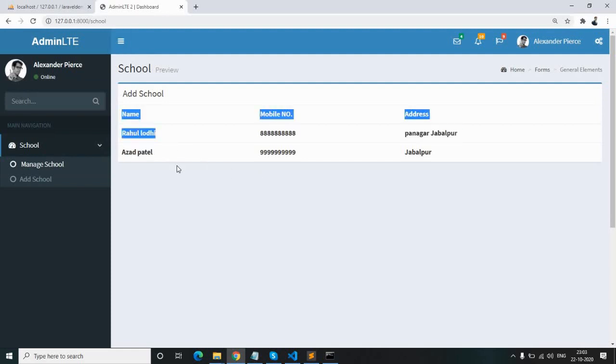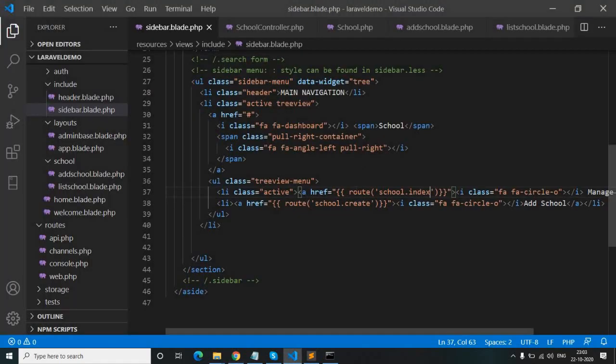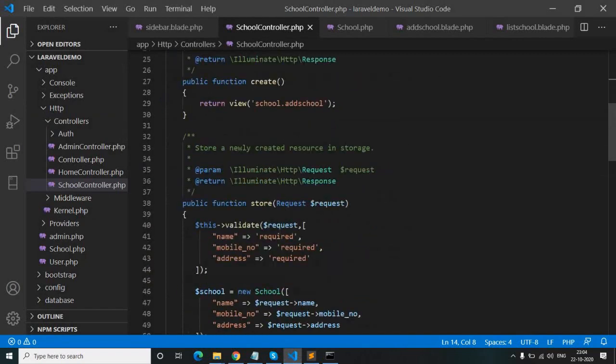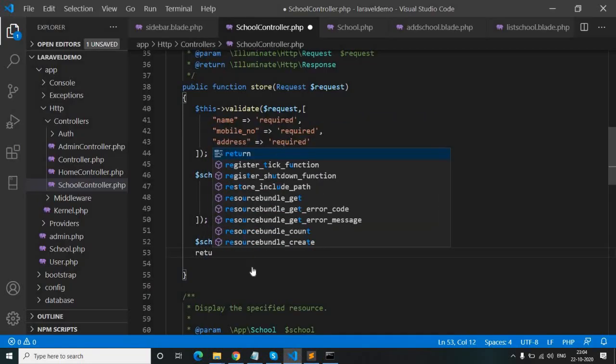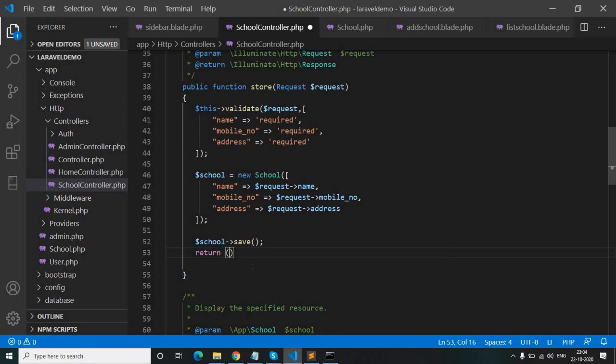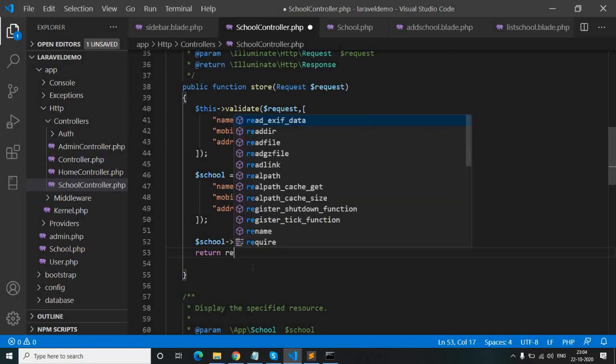Okay guys, so here you can see we have got two records, and this record we have just inserted. Now we will make some changes in our controller. As you can see, we created the record but it does not redirect directly to the list page. So for that we will redirect from here. We will use the redirect function.